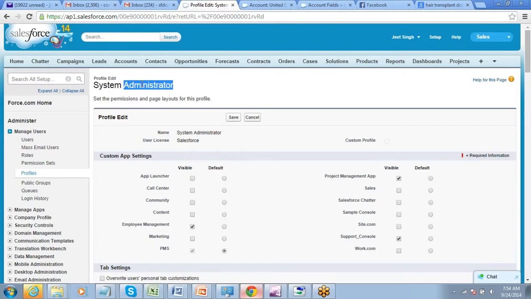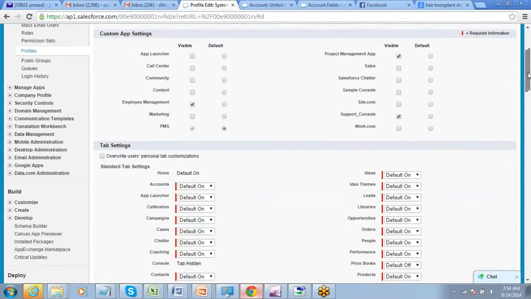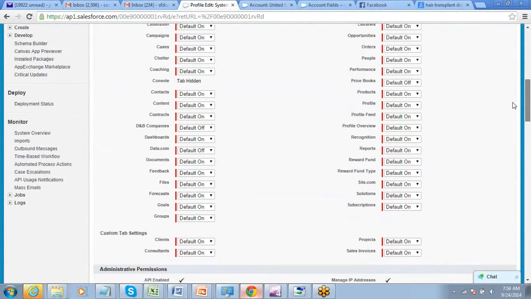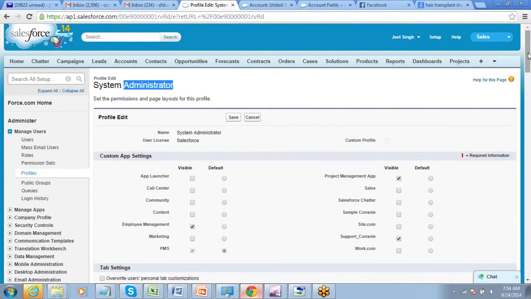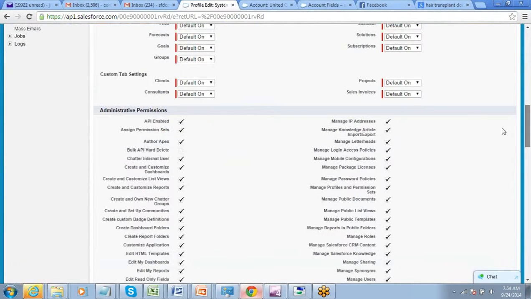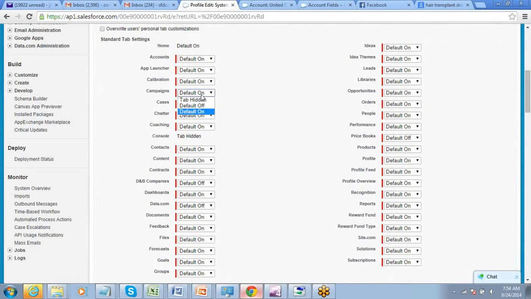So only the people who have the system admin profile. Then you have default on, default off, and tab hidden means you will not have access to that tab at all. So we have that option of making the tab hidden, default on, default off.